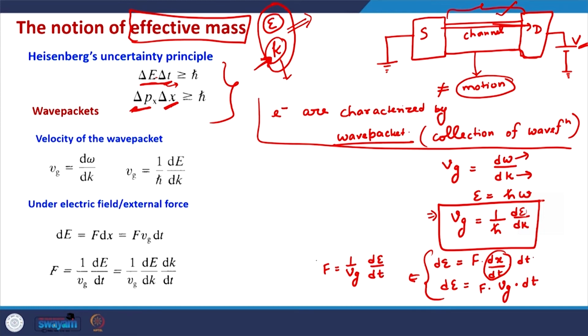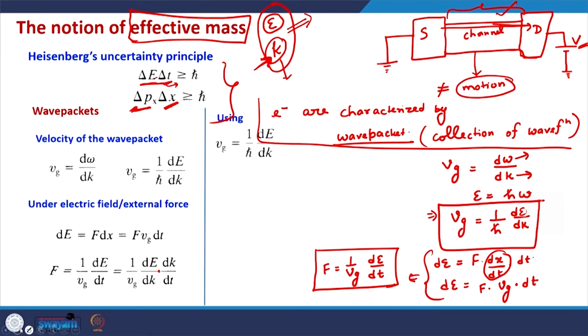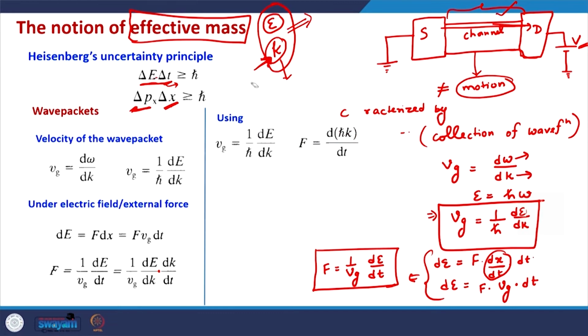Okay. So, this is the relationship that we obtained, and this can further be expanded as dE by dt can be written as dE by dk times dk by dt, by multiplying and dividing by dk. Now we use this relationship between the group velocity of the wave packet and the energy as we